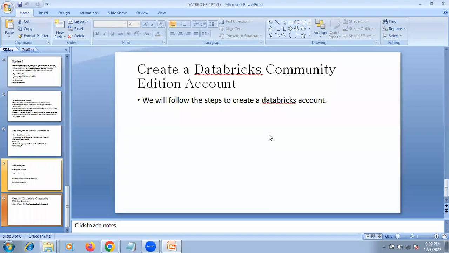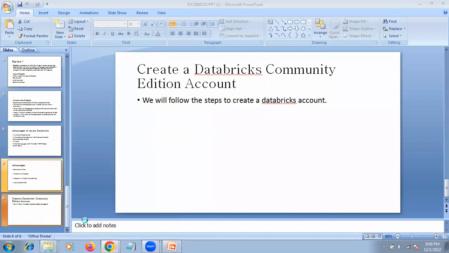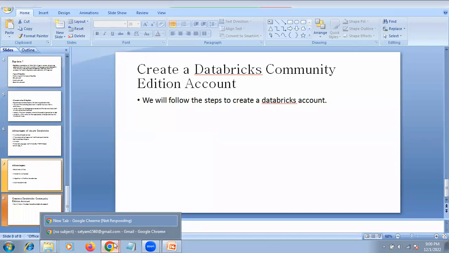Suppose you want to create a Databricks notebook or practice something, at that time you can create a Databricks Community Edition account and over there create a notebook. Okay, so I'll try to show you how to create a Databricks Community Edition account.